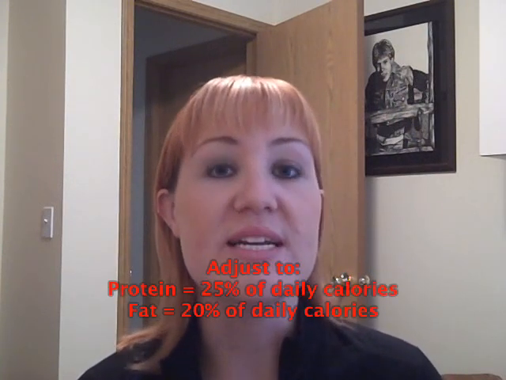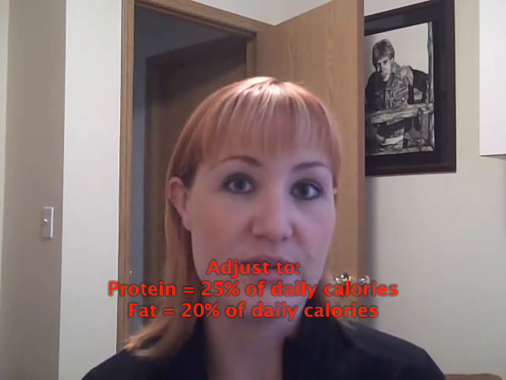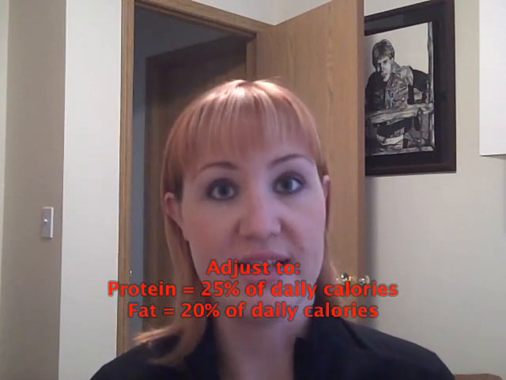Once you have that down, and once you're kind of plateauing, especially if you're exercising, you're eating clean, you're keeping an eye on your nutrients, and then all of a sudden you feel like you're plateauing, I'm going to have you take your protein intake up to 25% of your calories, and your fat intake down 5% to 20% of your daily calories. So for example, if you're on a 1,500 calorie diet,